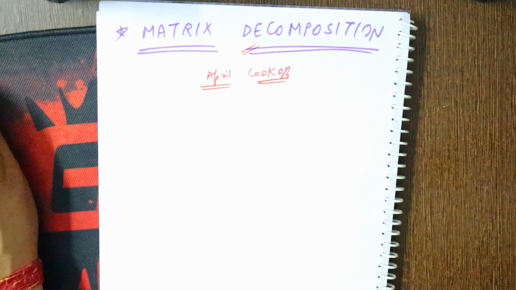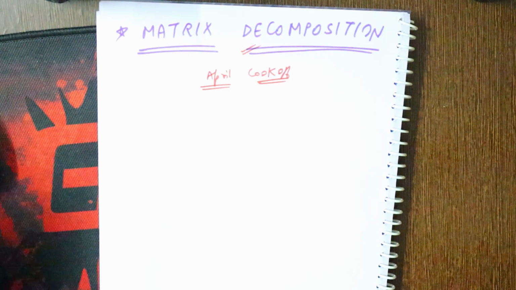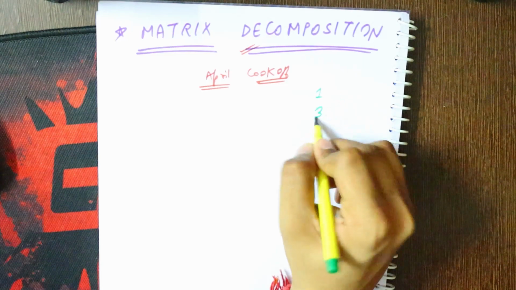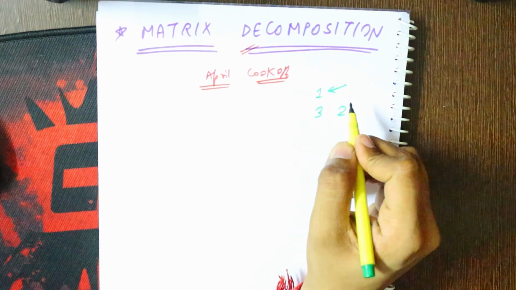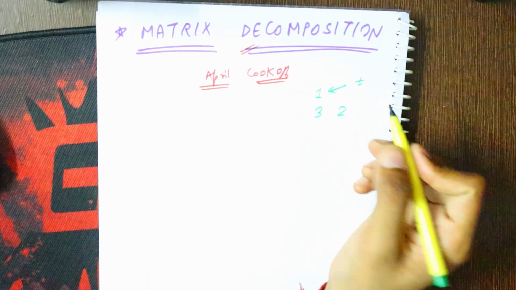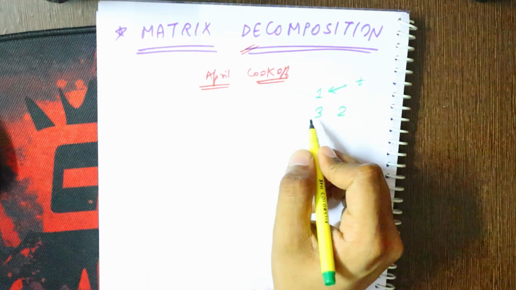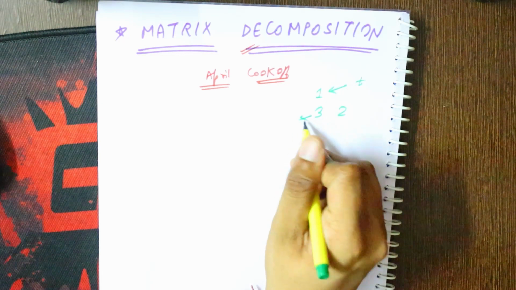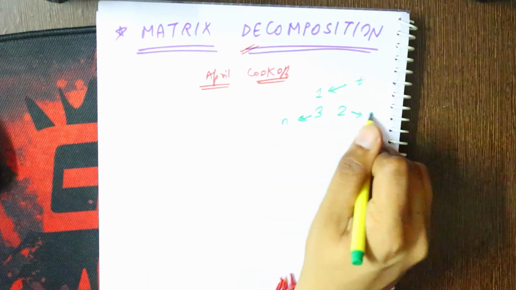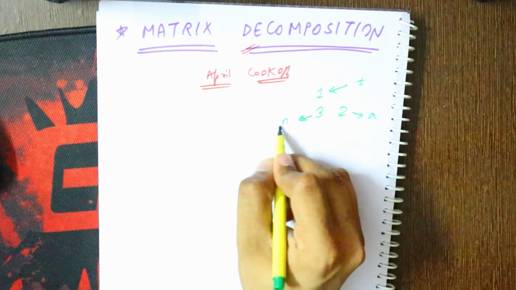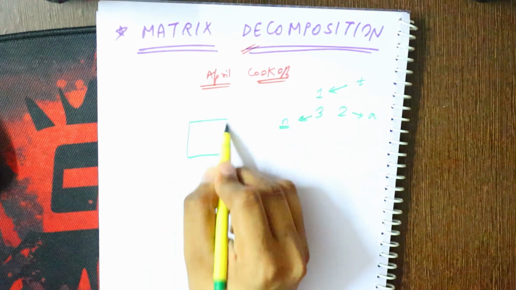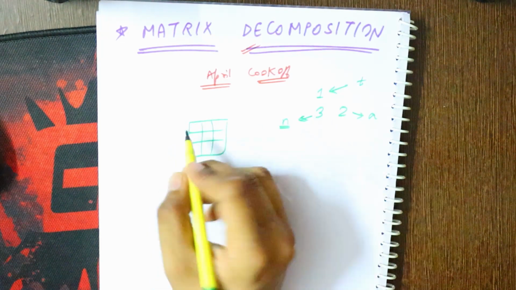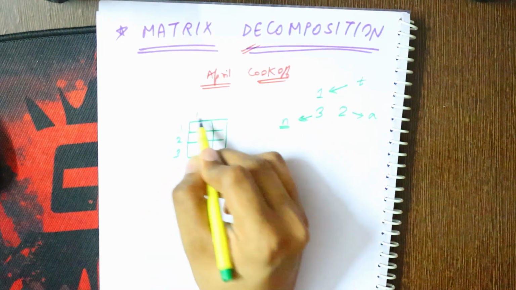So first of all, moving on to the first case, we will have 1, 3 and 2. So 1 indicates T, as usual, and then N and A. I will explain what N and A are. For N, we have an N cross N matrix. For example, in this case it is 1, 2 and 3, 1, 2 and 3.